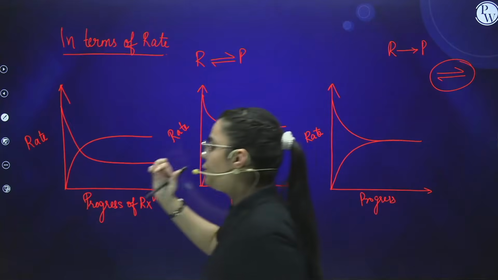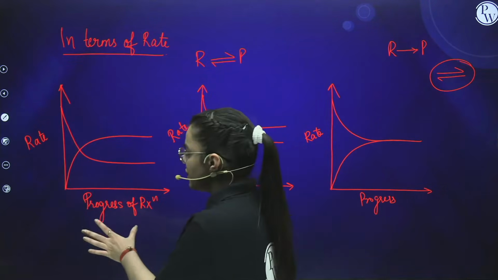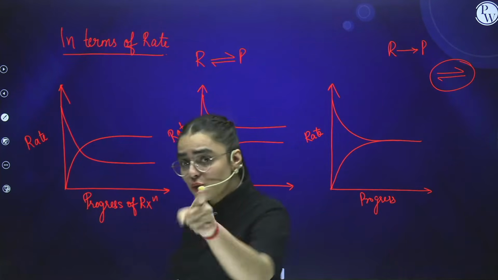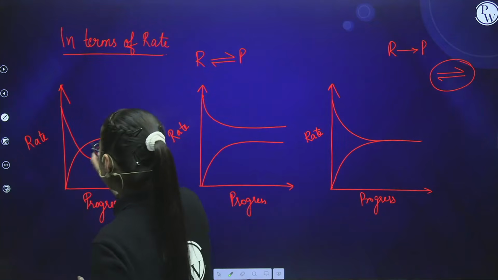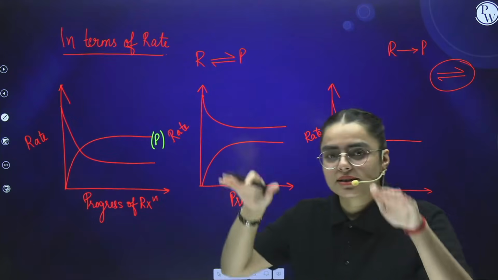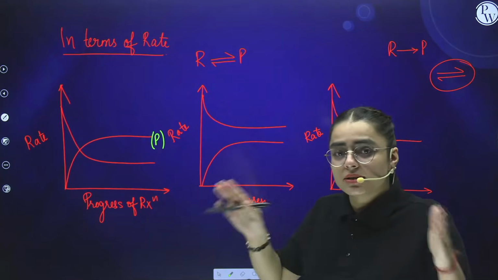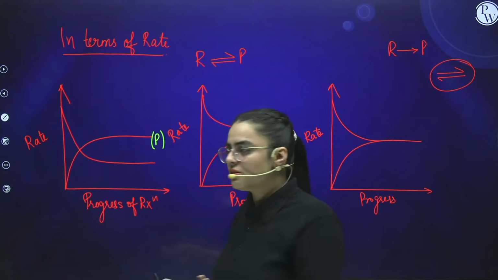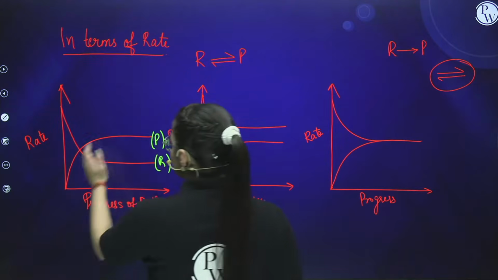Now, here also I am going to make 3 points so we can directly identify the equilibrium state. If I talk about the very first one over here, I have to see the rate of forward when it is equal to the rate of backward. See, again, this is the line for the product, because product concentration increases while reactant concentration decreases. Reactant combines to form product, reactant gets consumed to form product, so reactant concentration will decrease and product concentration will increase. So this is the line for the reactant which is decreasing, this is the line for the product that is increasing, right?